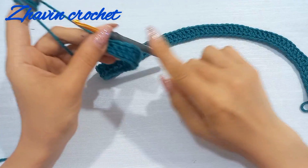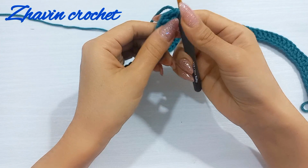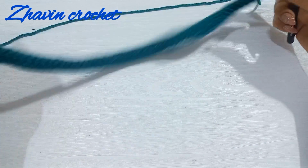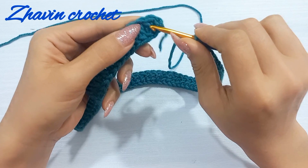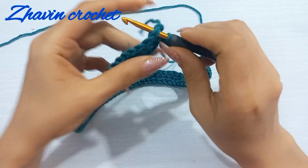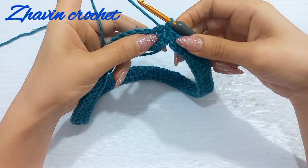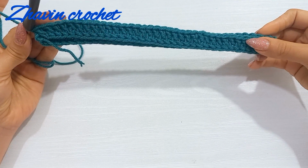Now I want to join the last double crochet to first double crochet, so put my finger on these stitches and pull down to not twist them, and at the end make 1 slip stitch at top of first double crochet, not into these 2 chains at the beginning, here at top of first double crochet, grab the yarn and pull through. And this is the first round of my brim,